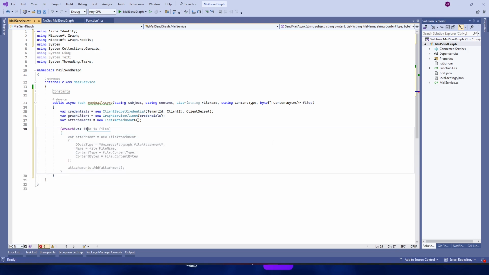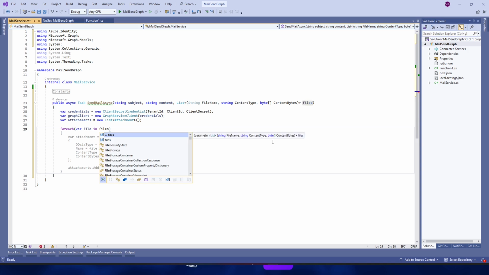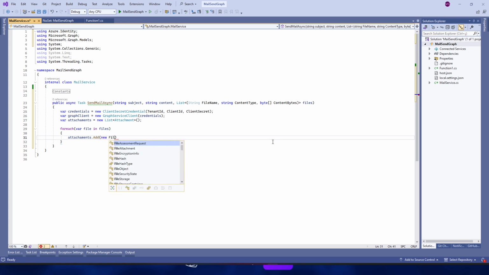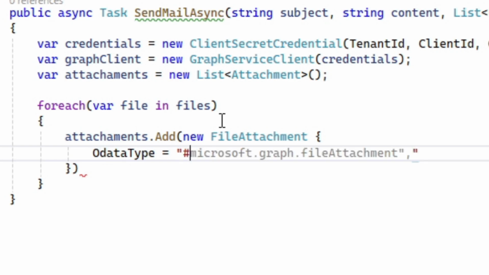For each var file in files, attachments.Add new FileAttachment. ODataType equals #microsoft.graph.fileAttachment.